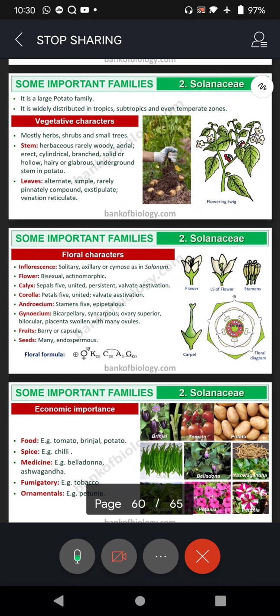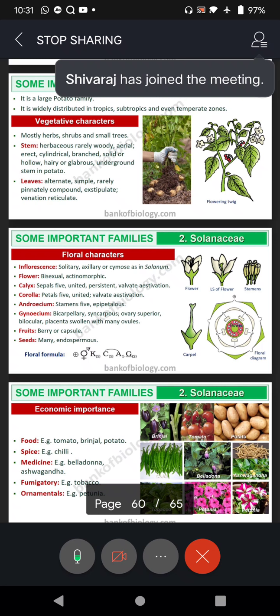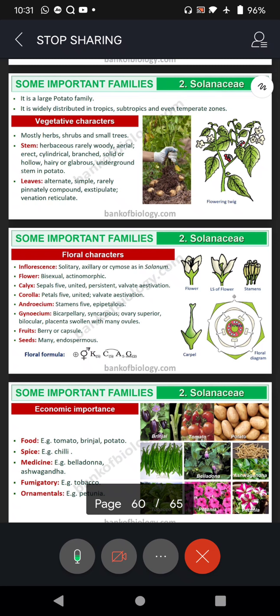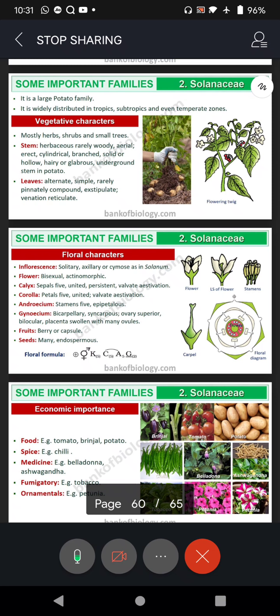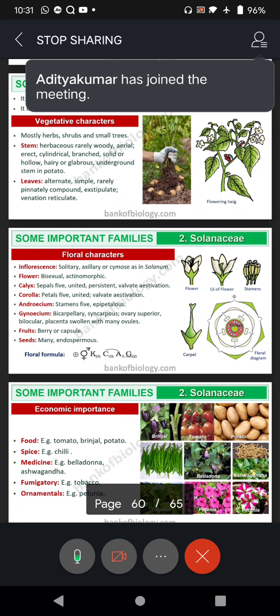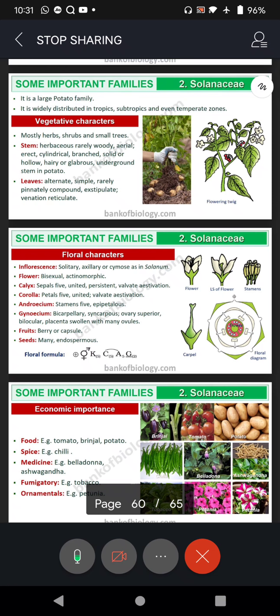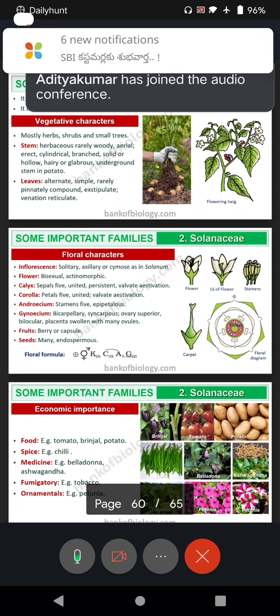Okay, so yesterday we were talking about chapter number 5, morphology of flowering plants, and as part of that, we have gone through the morphology of flower. We described all the external characters of a flower plus bunch of flowers, how the flowers are arranged on the stem axis. We call it as inflorescence. For your batch, I am sure all of you must have seen the PDF that I have sent to you in our WhatsApp group. The syllabus of this chapter is only flower.